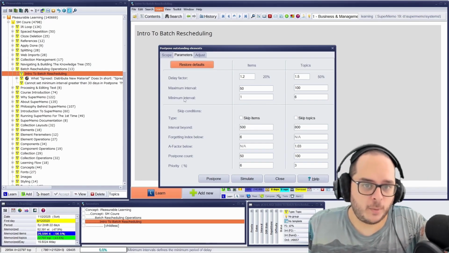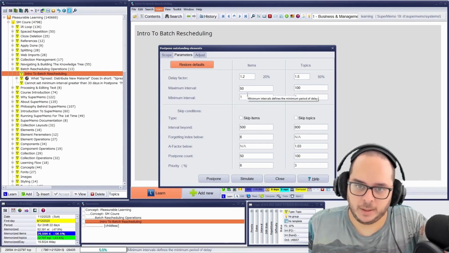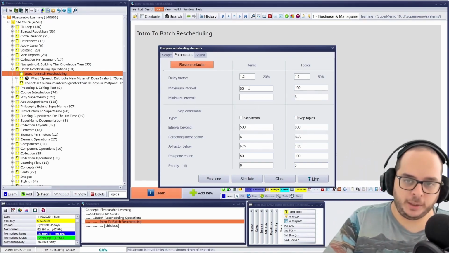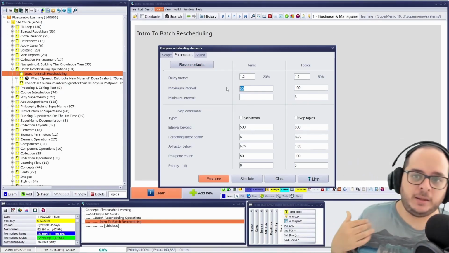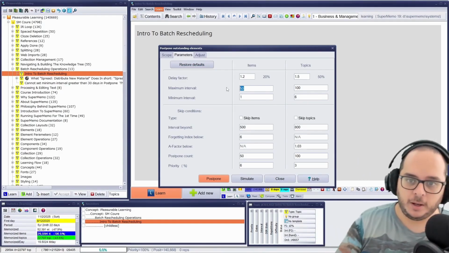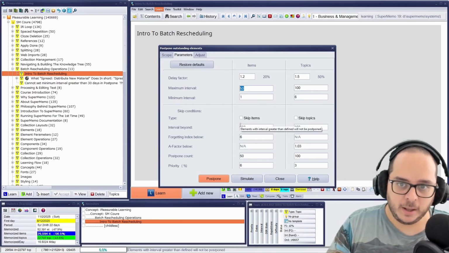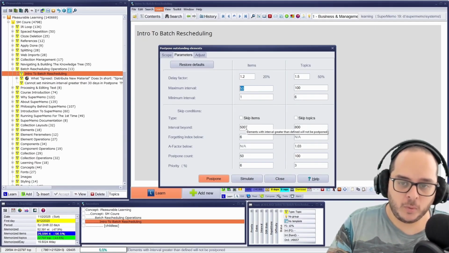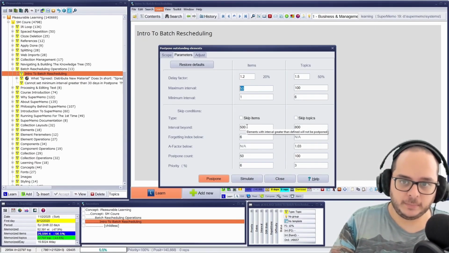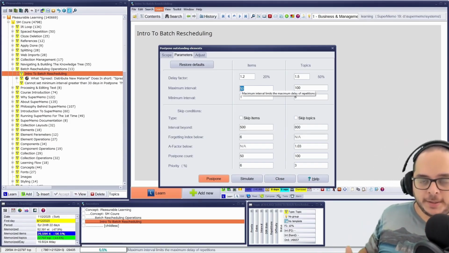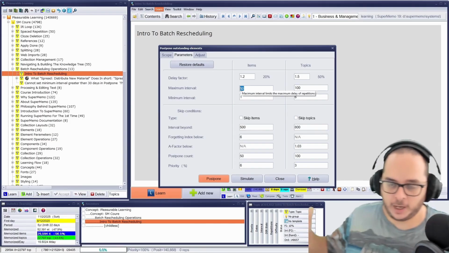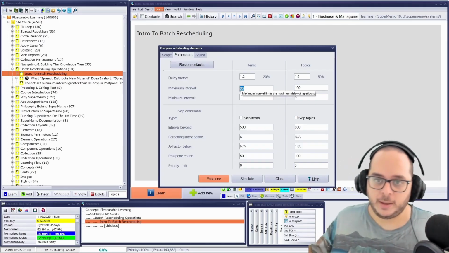Then we have maximum and minimum intervals, how much you are going to set it to in the future. Meaning that if it has a super long interval of 500 days, 20% would be what? 100. No, it will be 50. It's overruled. So even if mathematically it would be 100, it's capped.